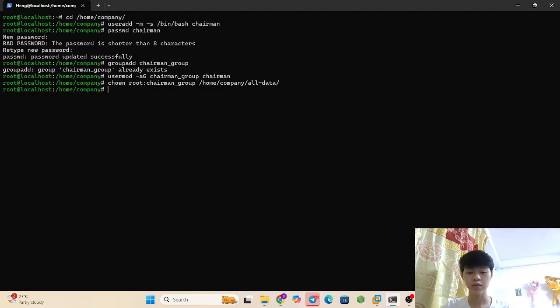For this user we will use the command chmod, and 7 is read, write, execute for the owner. 5 is read, execute for the group, and 0 is for others. 0 means cannot do anything.